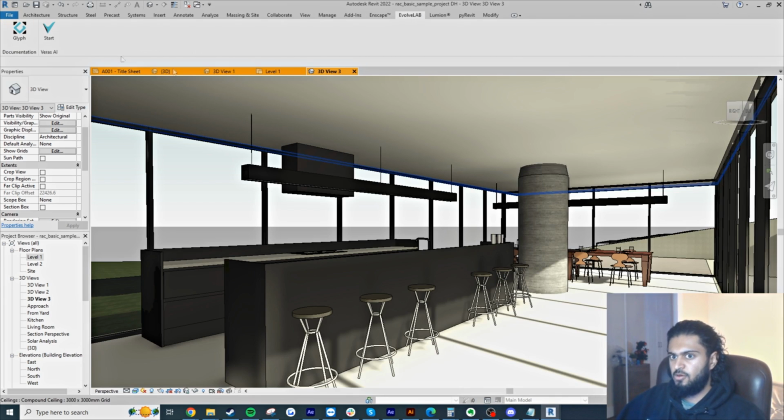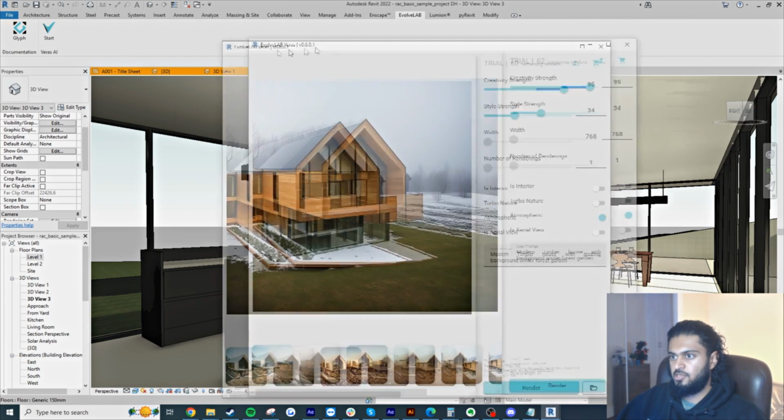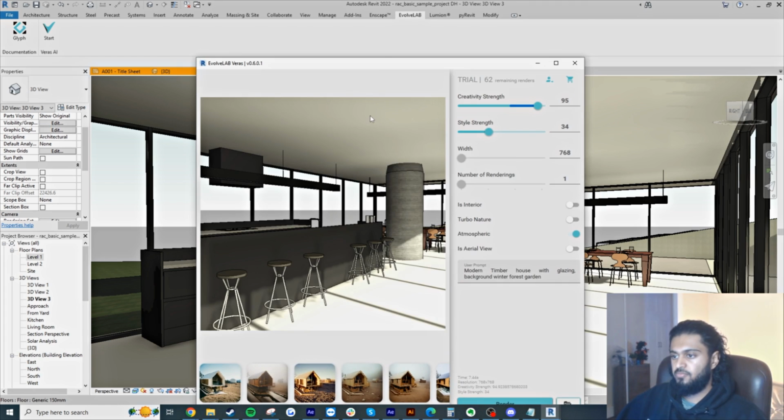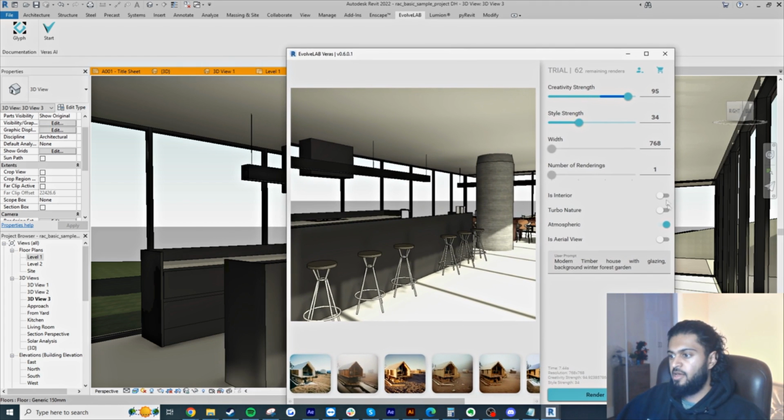Cool, so if we go to Evolve Lab and let's just start it again. So this is the one we had previously. If I right click and hit show Revit preview, you can see it's updated our view now, and then I'm going to turn off atmospheric and turn on interior, yes, and for this one I'm going to write modern kitchen, timber floors, luxury, and background to be night forest garden. I have no idea what to expect. Let's just hit render,